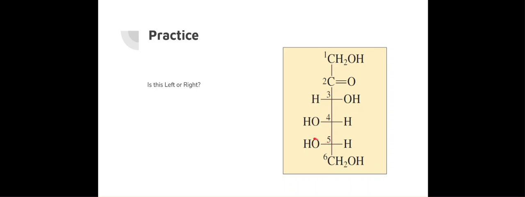And this OH group is on the left, but that's still clockwise, isn't it? Oh, no, it's just left or right. So yeah, this is a left. So this is going to be a levorotary or L, a left isomer. If this was over here, then it would be a right isomer.